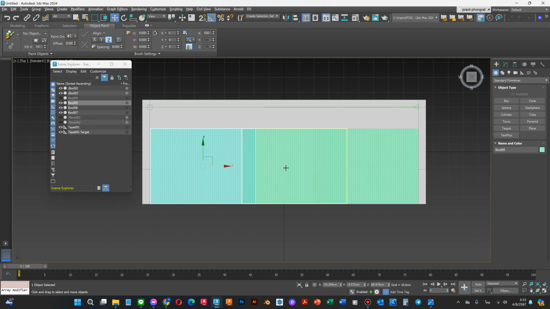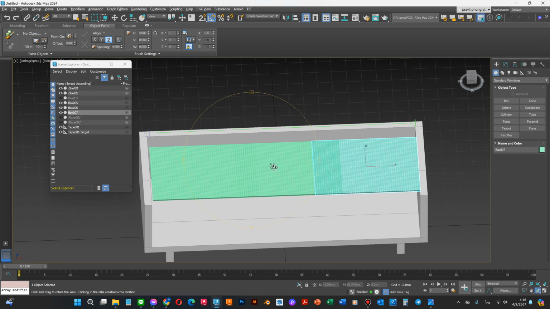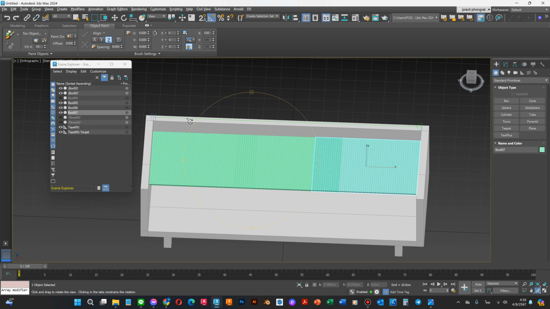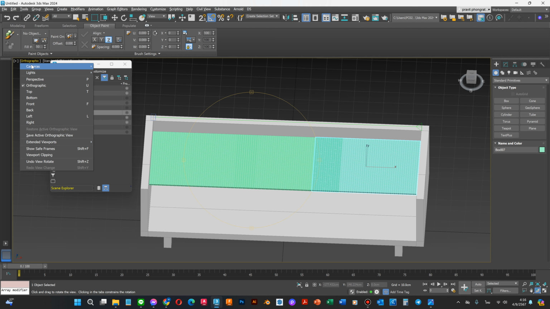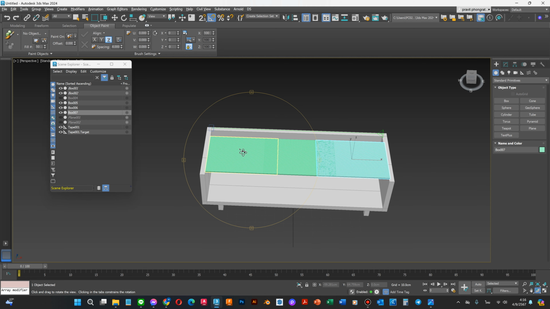Not sure it's going to fit. Now we will try. If not, we will make a smaller size to fit in. Okay, now we select the